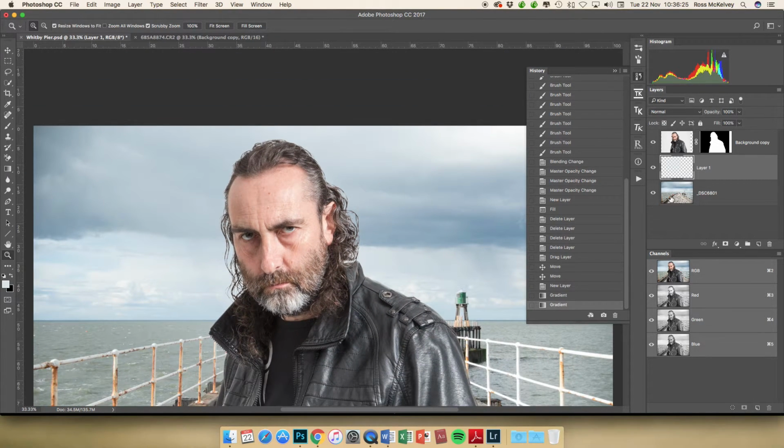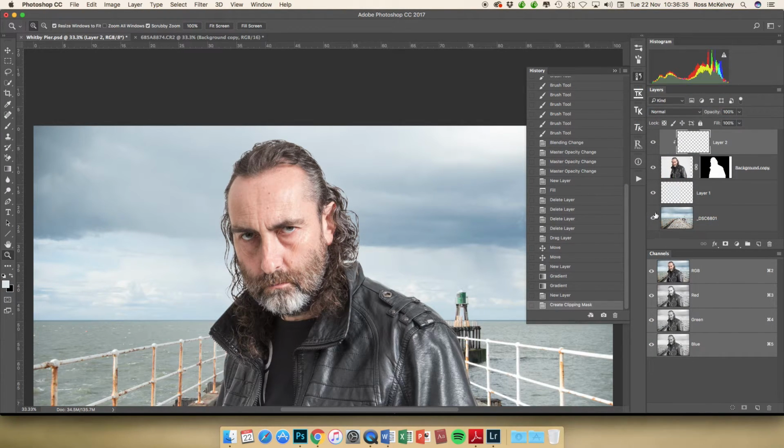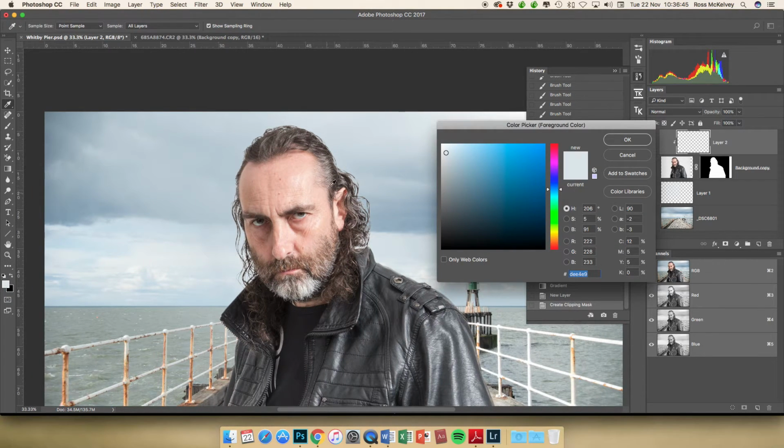If that is not sufficient, another little trick is to click on the top layer, create another blank layer, right click and choose create clipping mask. This means that anything I do to this mask will only affect what is visible on the layer below. So I would now use the color picker to pick up a color of Gerald's hair,